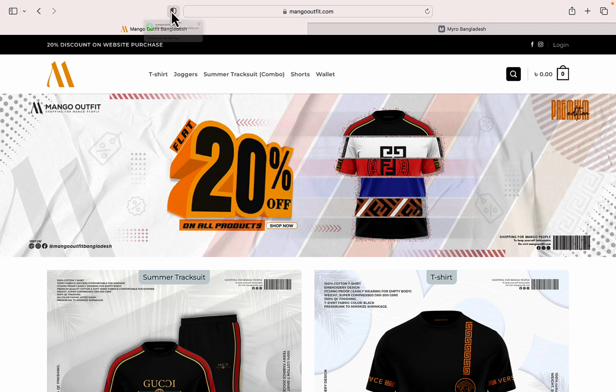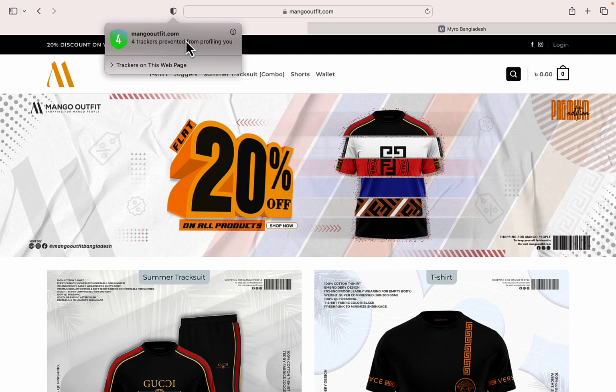And if we check this, here you can see 4 trackers prevented from profiling you. And if we click here you can see Google Analytics and Google Tag Manager, they are already detected. So after completing the custom subdomain for this website, we will check this again. Here we will see Google Analytics and Google Tag Manager will not appear here. Okay,